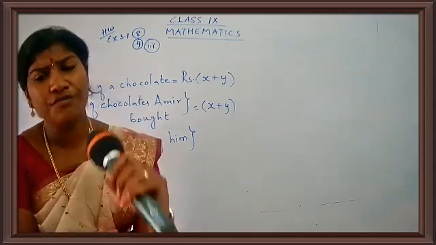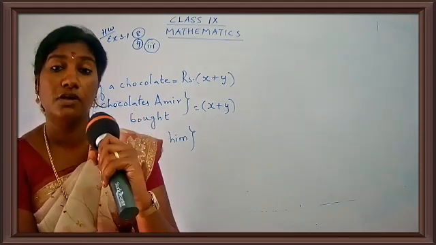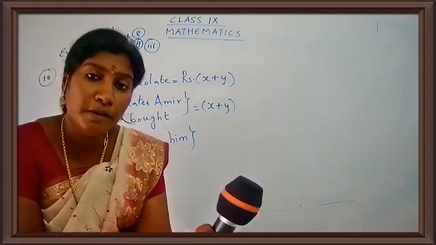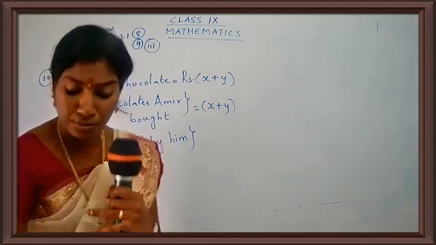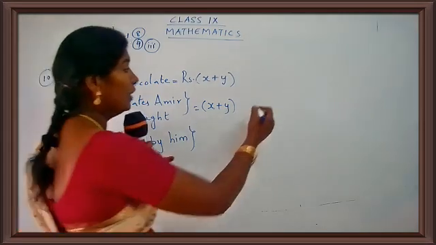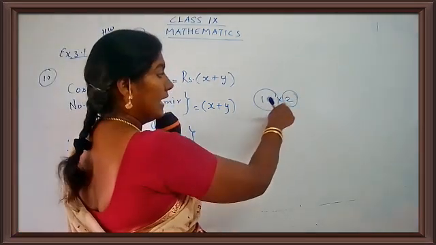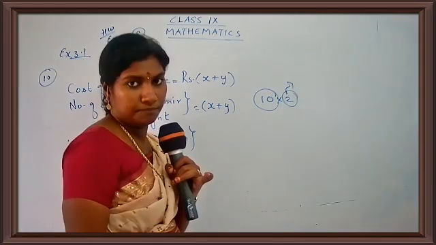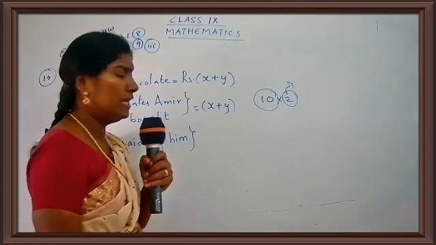So if the cost of each pen is 10, and you have bought two pens, what is the amount you are going to give to the shopkeeper? You are going to give 10 multiplied by 2. You are going to pay 10 into 2. That is the amount. Now this is the cost into the number of products. How many products have you bought? You have bought two things and each costs 10 rupees.